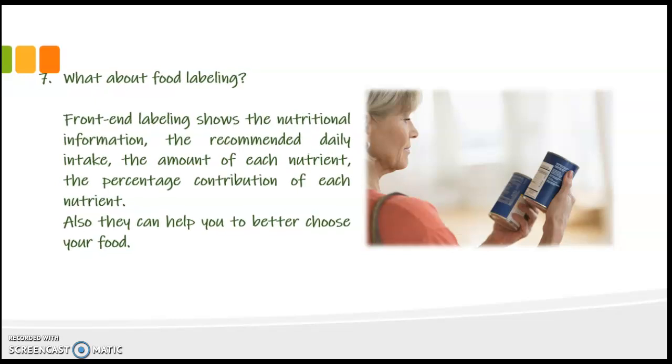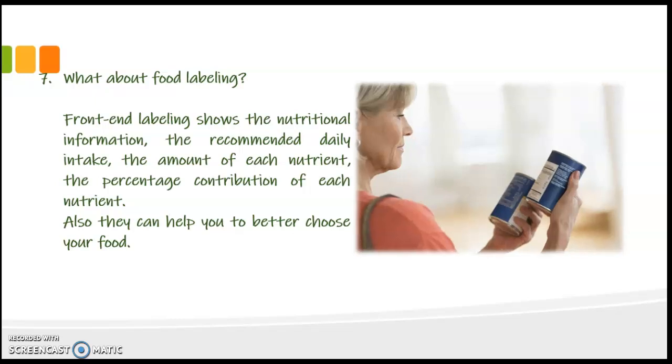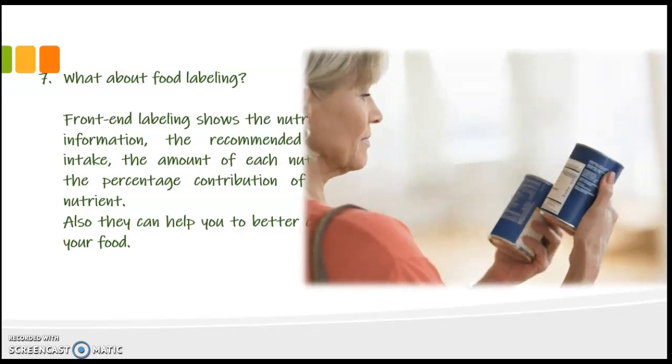What about food labeling? Front-of-pack labeling shows the nutritional information, the recommended daily intake, the amount of each nutrient, and the percentage contribution of each nutrient. Also, they can help to better understand